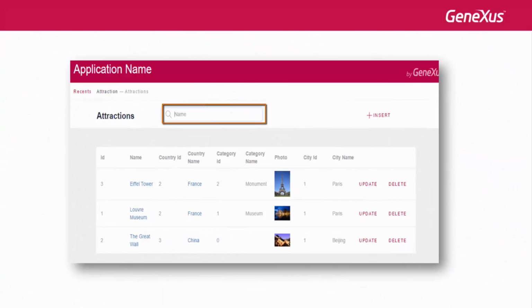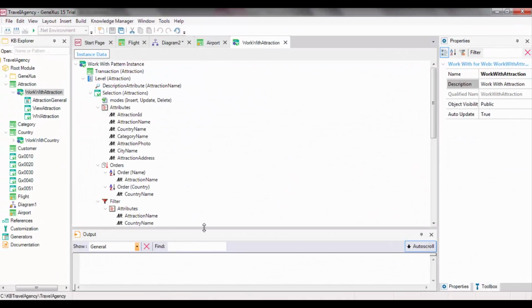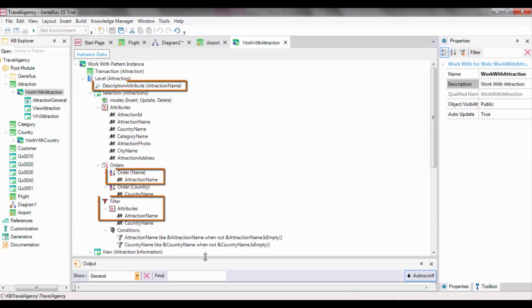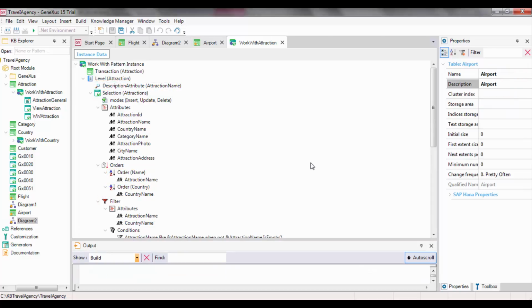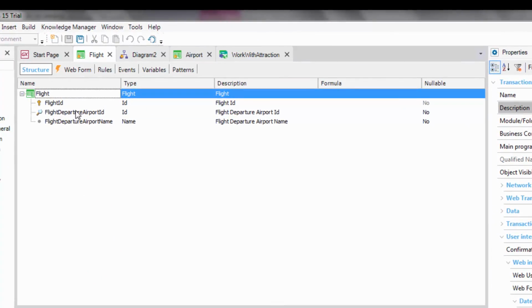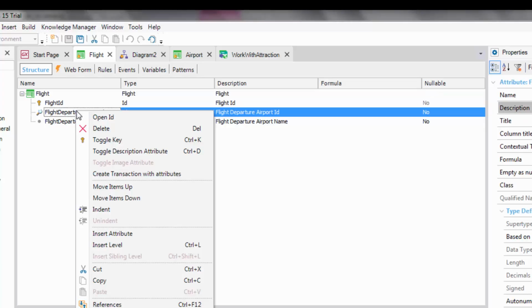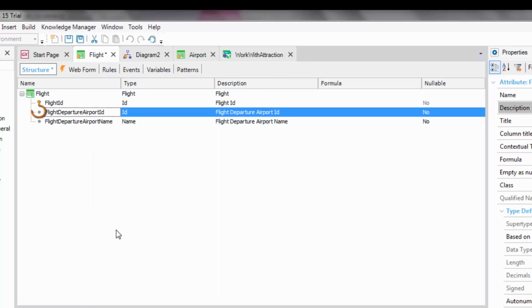This describing attribute is used, for example, in the work with pattern, to allow filtering and ordering by it amongst other options. Let's remember the pattern we applied to attraction. In the flight transaction, we do not want the departure airport to be the attribute that best describes the flight, so we remove it. We can see that it's indicated with the square symbol, meaning that it is a secondary attribute and is not